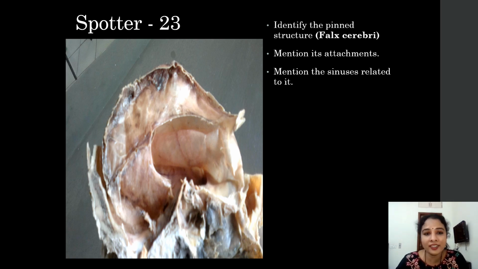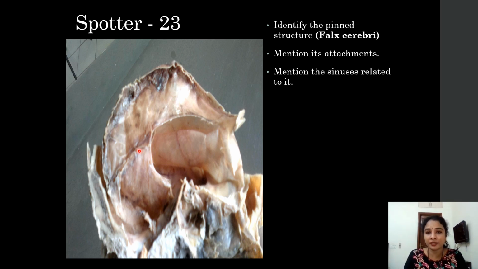The first spotter in the second session is spotter number 23, because in the previous session we ended with spotter number 22. So under spotter 23 we shall begin with the folds of dura mater. Here we can see a sickle-like fold, which is called falx cerebri. This sickle-like fold of dura mater is present in the median longitudinal fissure separating the two